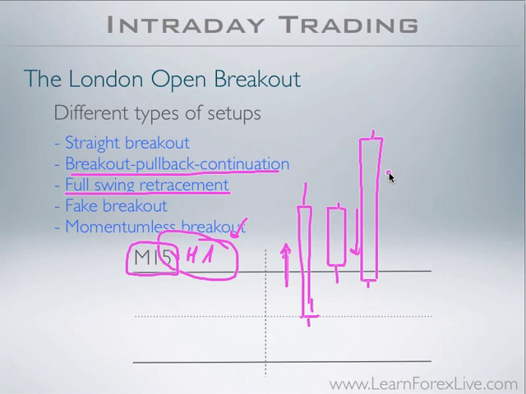Obviously your entry this time around can only be aggressive. You cannot, I repeat, you cannot place your buy stop order, your buy pending order right there as we did on the breakout pullback continuation pattern, because price is just too far away from the upper boundary, from the breakout point,